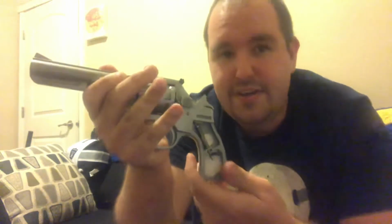And earlier today, when I first installed them, I think maybe I got one of the panels slightly askew and the screw was kind of a little bit on an angle, and the screw was blocking this guide rod. So when I went to cock the gun back, something surprising happened. Instead of the hammer locking back like it should,